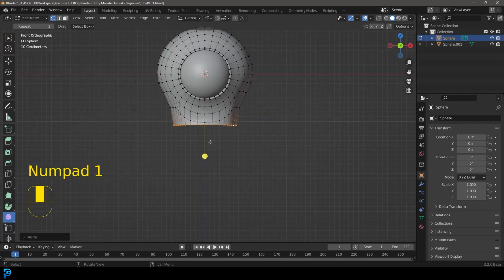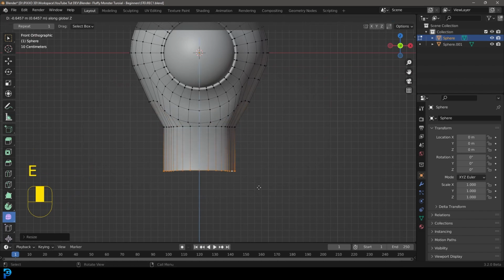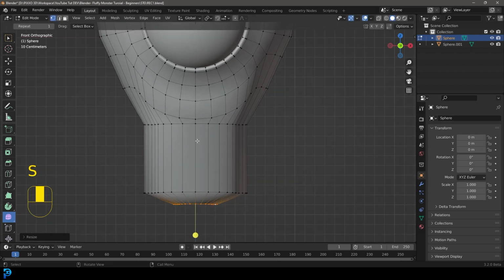Go into your front view, and then what you're going to do is scale it down even more. E to extrude, and then Z. Bring it down to make a little body like this. And then you're going to go E to extrude, and Z, move it down a bit, S to scale, and then come in here, go Control R, roll in a few loops,